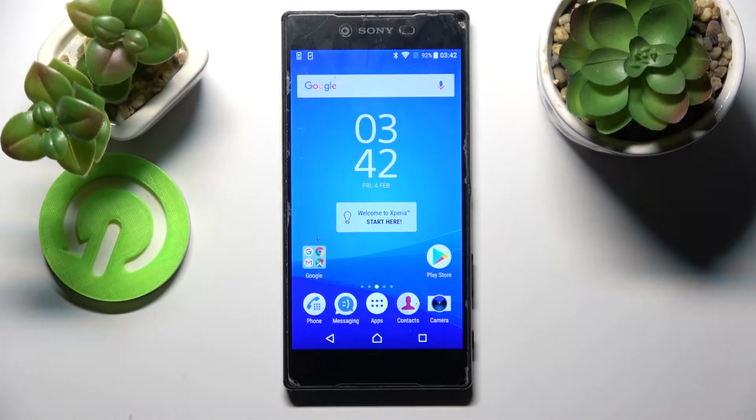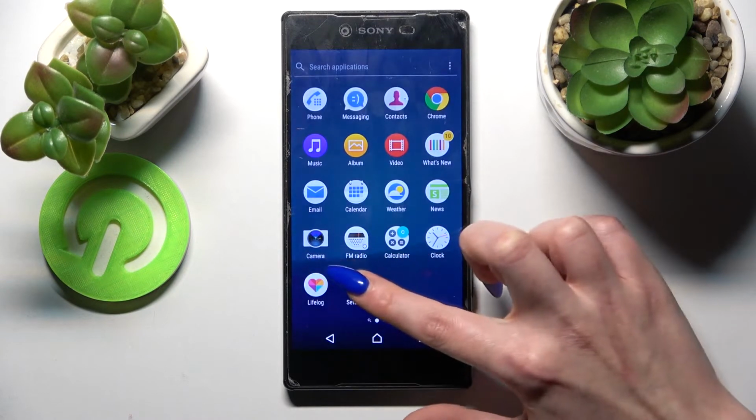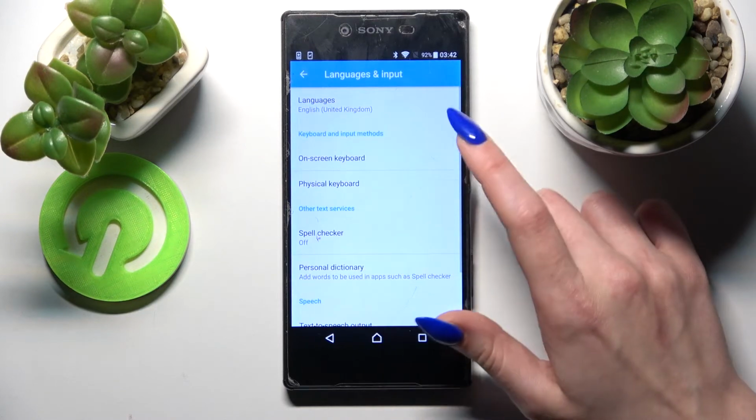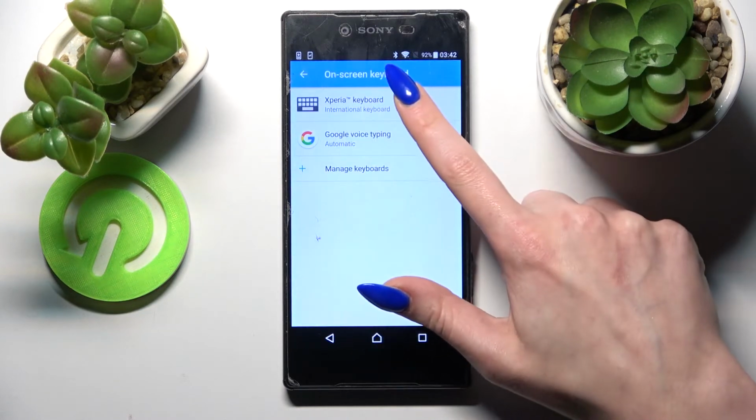Hi! In front of me is SONY XPERIA Z5 Premium, and today I would like to show you how you can switch on or off automatic text correction on this device. Firstly, go into Settings. Now you need to scroll down and select Language and Input, then On-Screen Keyboard and Xperia